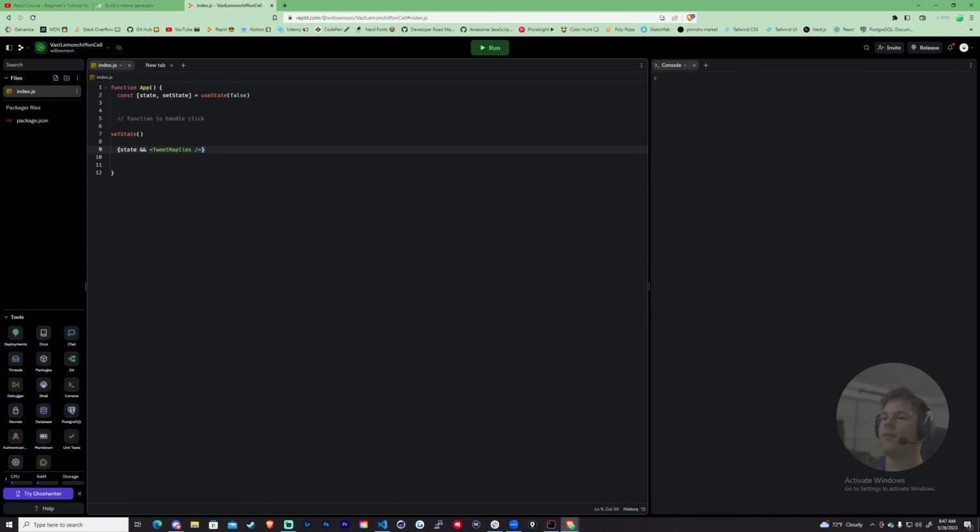component, right? But what happens is, if this is not true, then it's just going to short circuit, is what it's called, and that just means it's going to kick out and nothing else after this and sign is going to happen. So the and sign will keep going until there's something false, and once there's nothing, then obviously it's done. So let's say we wanted to render